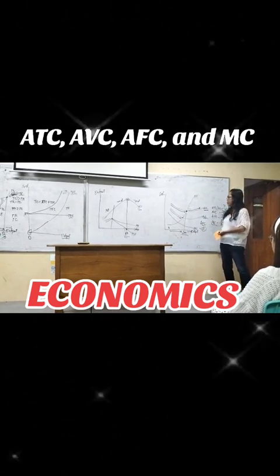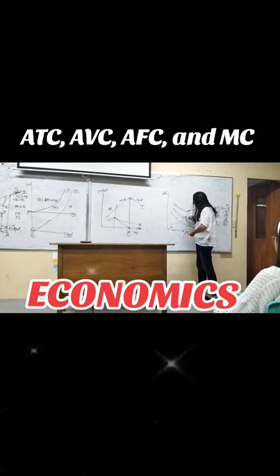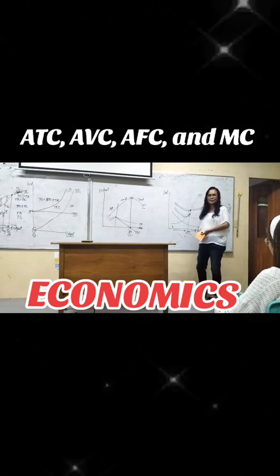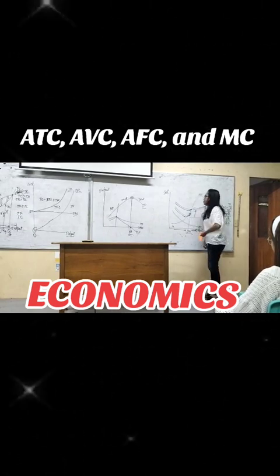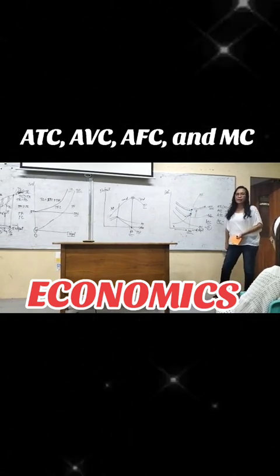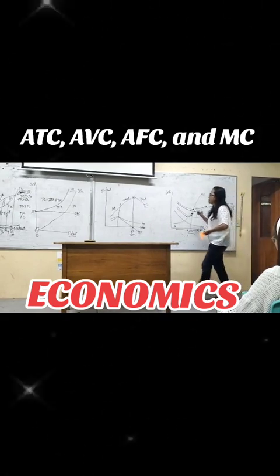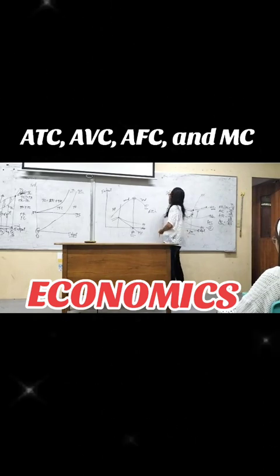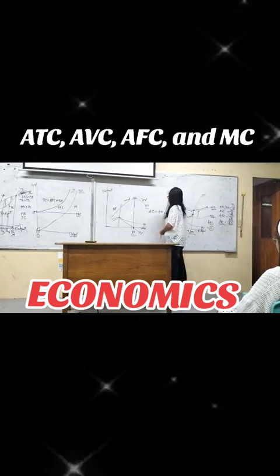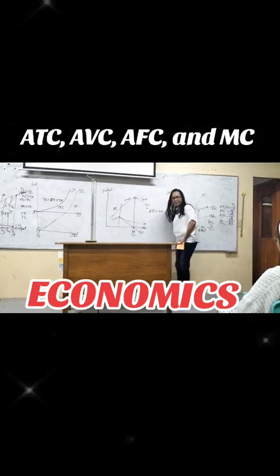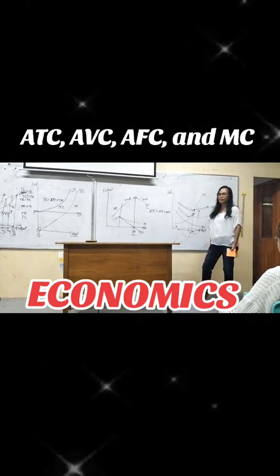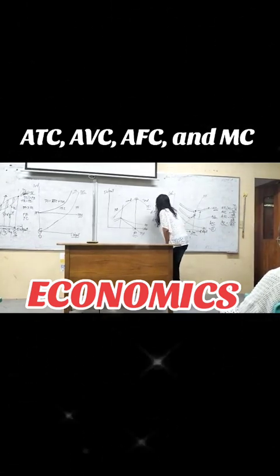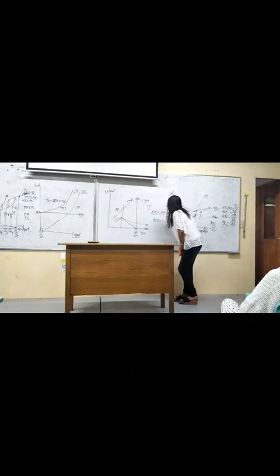Now, the difference here is that we have average fixed cost added in order to get the average total cost. So when we say average total cost, that is equal to average fixed cost plus average variable cost. That's how we get average total cost, aside from the formula where total cost equals